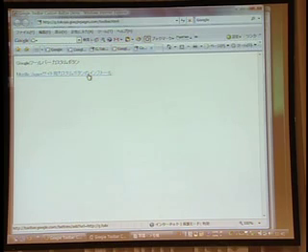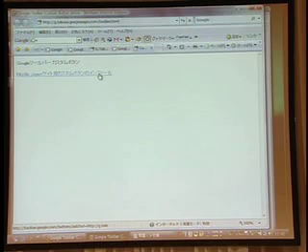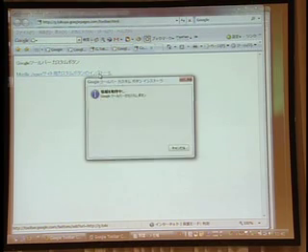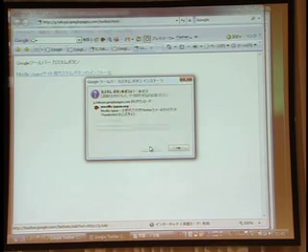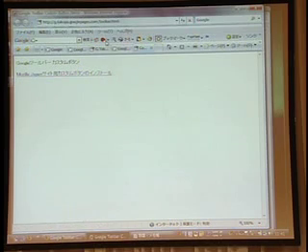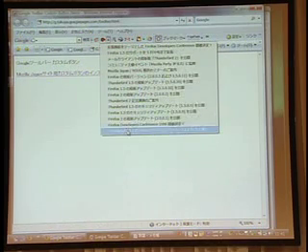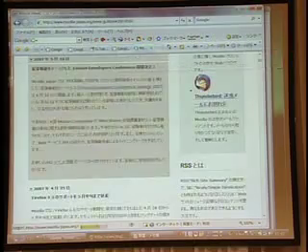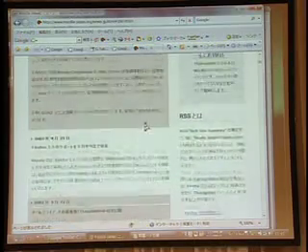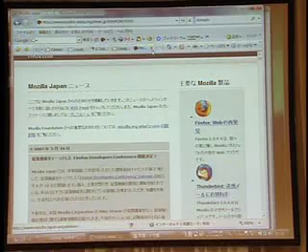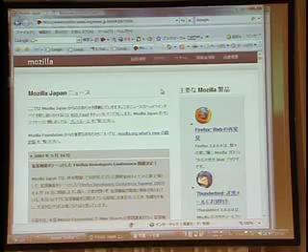And next, if you read the API document, you'll get the details, but there's a special URL for registering your button to the toolbar. So that when you click this, the custom button gets added to your toolbar. Oh, it's already included here. So you can see the various feeds issued by Mozilla. When you click that button, you can jump to the RSS feed and read the articles immediately. You make the XML and upload it on some site, and after that, you register your button in our custom button gallery.